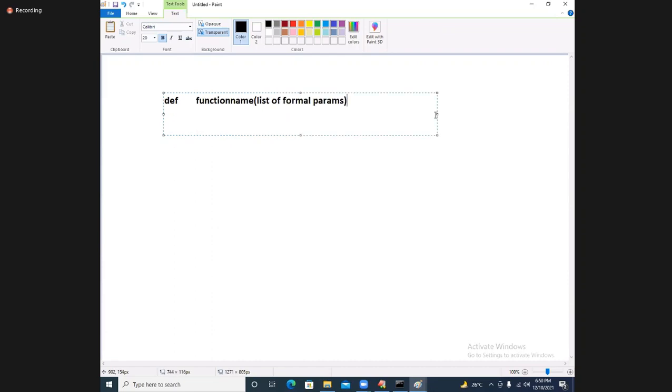After that, we wrote some statements. Right, students? Like this, we wrote some statements. Excellent.